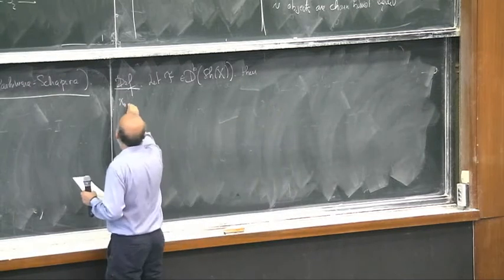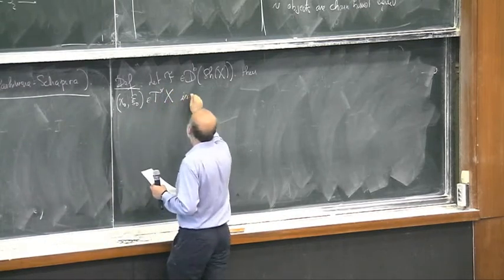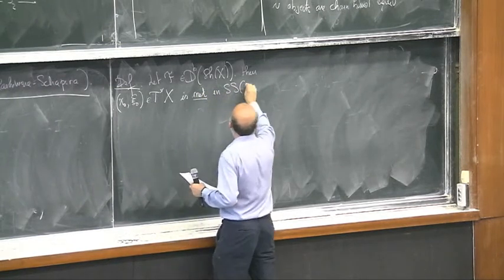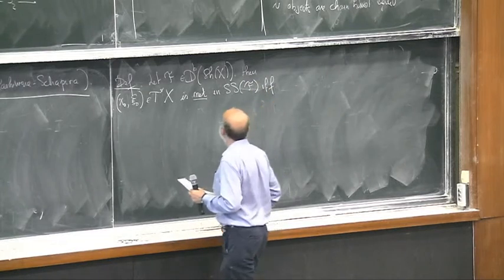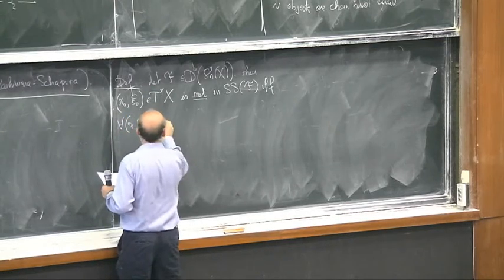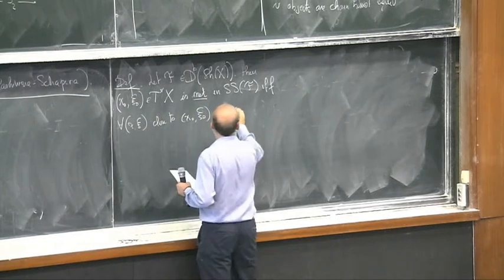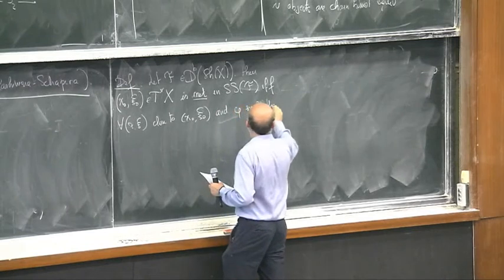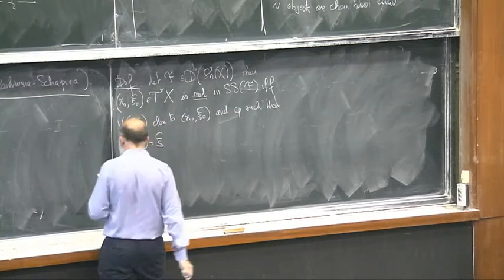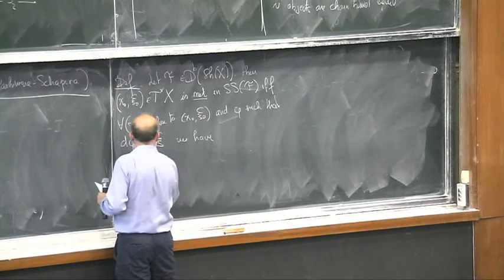Then the point (x0, psi0) in the cotangent bundle of X is not in the singular support of F if and only if for any (x, psi) close to (x0, psi0) and phi such that the differential of phi at point x is equal to psi, we have an isomorphism from